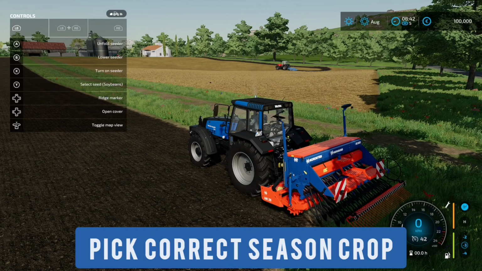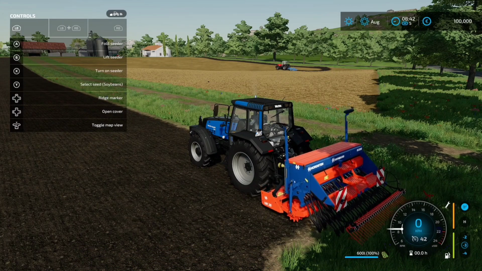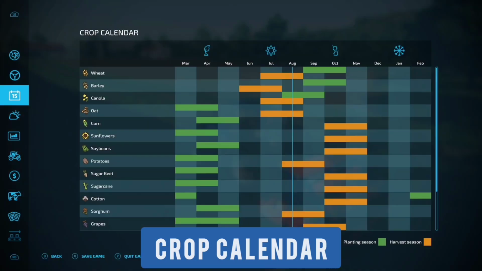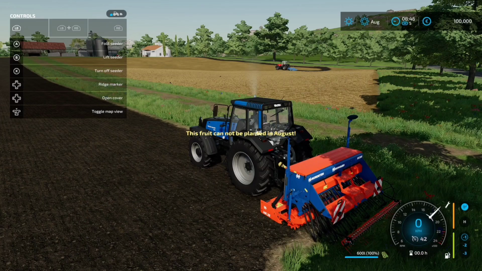So I'm moving down to talk about the crop calendar. In August, all the orange is your harvest season. So I can't plant the soybeans until April because that's the green, and they need harvesting in October. So keep an eye on this calendar so you know what to do. I can only plant canola right now, so I'm going to have to go back, turn it all off,